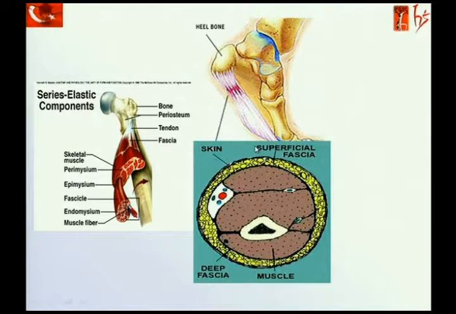And as I told you in the first slide, do not forget the fascia. There is not only tendon and ligament. Fascia: superficial fascia and deep fascia. For example, look at the aponeurosis in your hand. There is a deep fascia and a superficial fascia. You can move your fingers with those fasciae gliding, thanks to hyaluronic acid and the other